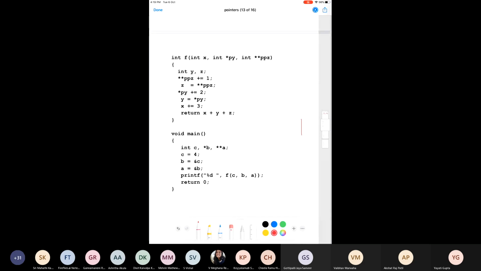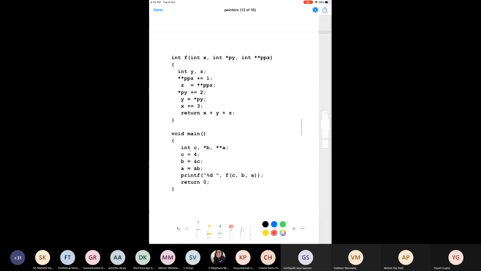Okay, I'll give these questions to you as homework exercises. If you have some doubts in pointers, you can still ask me. If there is something which is confusing, can you solve this example?